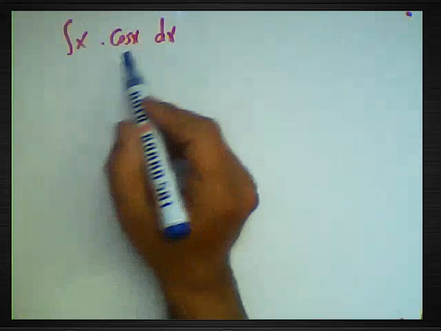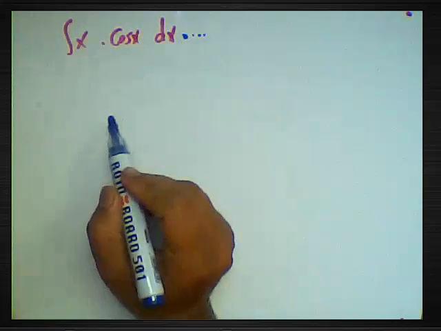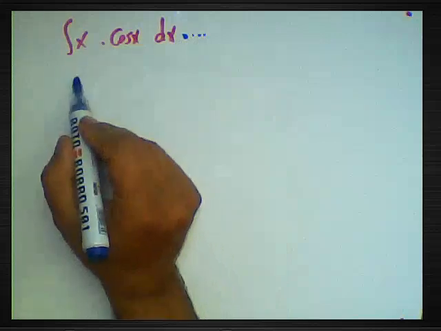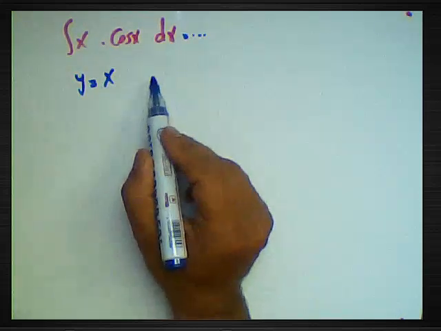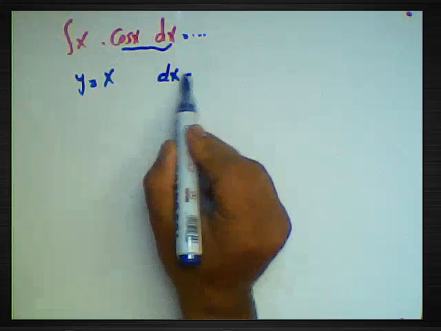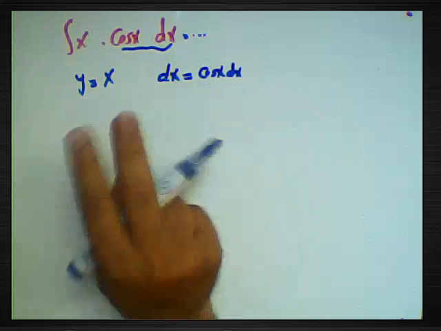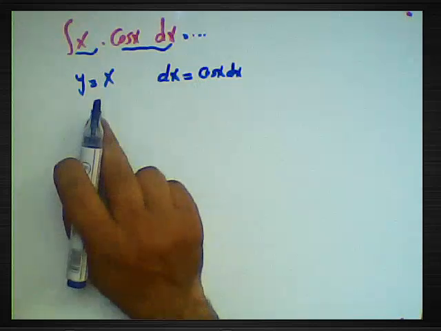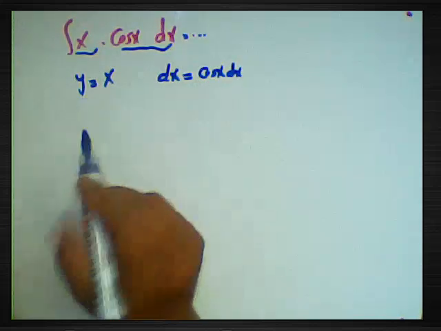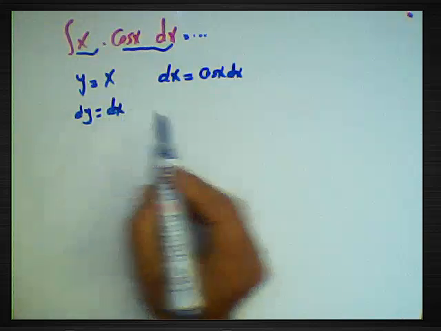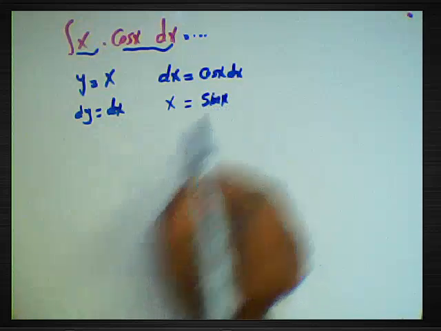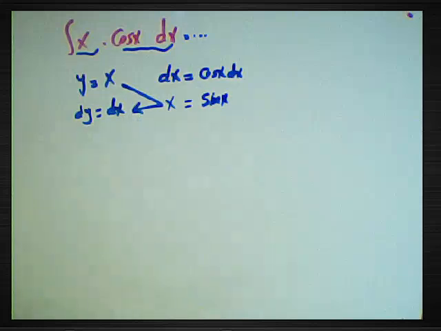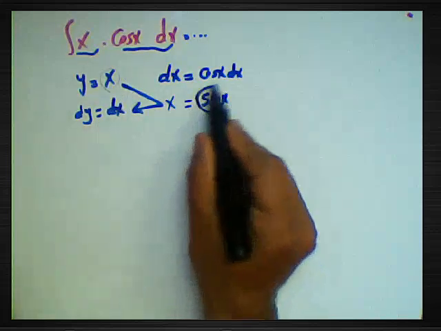Integration of x times cosine x dx equals what? Okay, we can use this rule: let y equal the first, x, and dz will be cosine x dx. We must choose two functions here, the derivative of y and the integration of dz. The derivative of y will be dy, which is dx, and the integration of dz will be z. The integration of cosine will be sine x, and then we can use the rule: x multiplied by sine x,